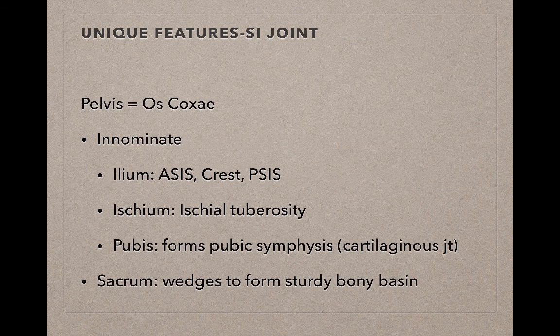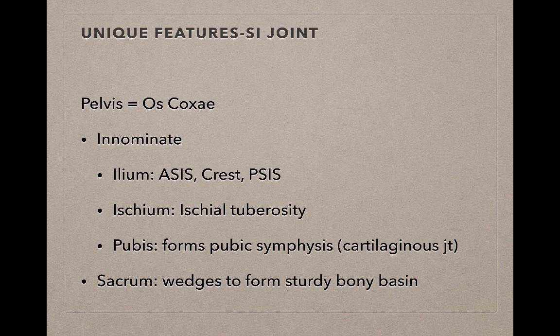So let's move down to the SI joint now. But before talking about this joint specifically, let's revisit the pelvis for a minute. The pelvis is the ring of bone that serves to support the viscera of the abdomen. Sometimes it's referred to as the os coxae, but this is referring to the same thing. This term refers to the pelvis. The pelvis is made up of 2 innominates, and each innominate is made up of 3 fused bones. And of course, these 3 bones are the ilium, the ischium, and the